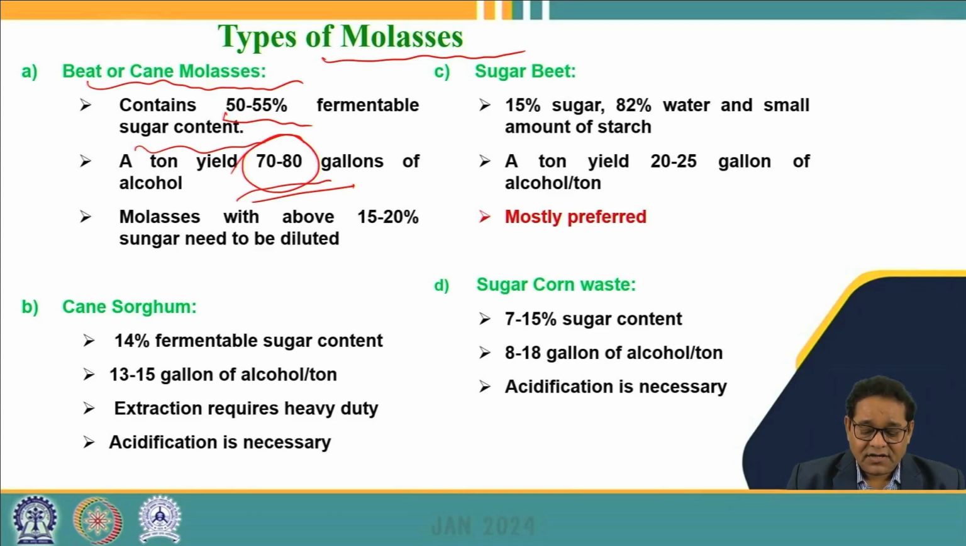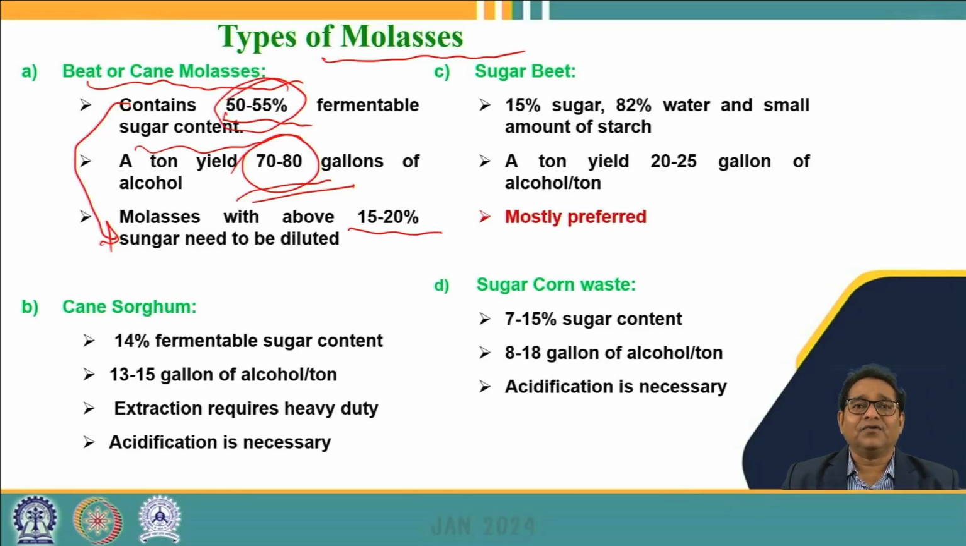And overall, as this molasses contains 50 to 55% sugar content, and the fermentation process needs to bring down this sugar content to around 10 to 15%, it also needs dilution. So dilution is required if we are using cane molasses or beet molasses as a raw material for fermentation of